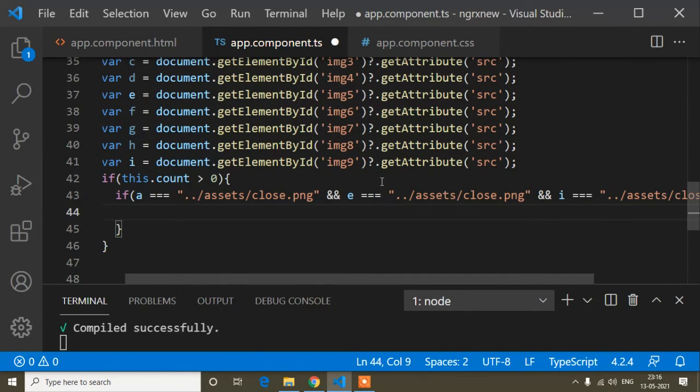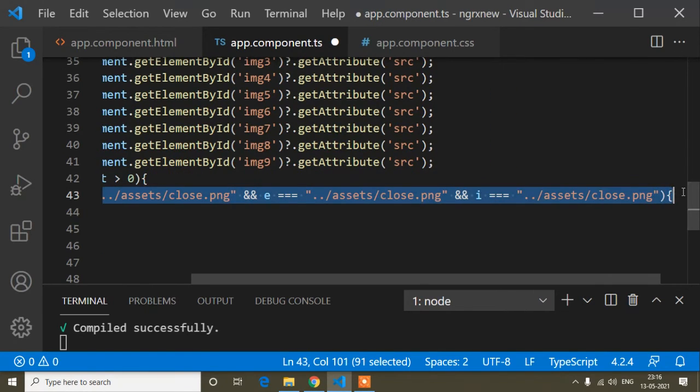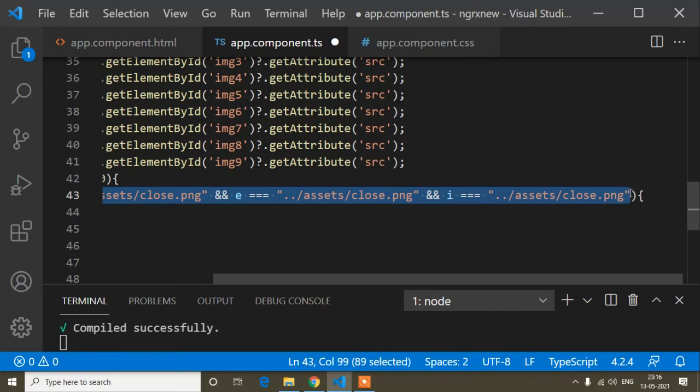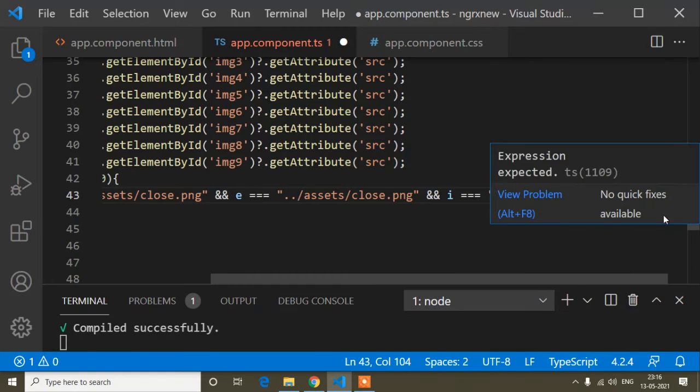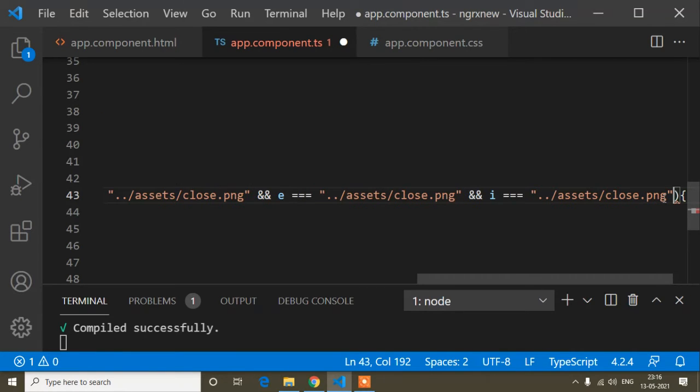So first of all I have checked if it's matched by close image or not, and after that it may be 0 also, matched by 0. So now here I have to pass, if it's matched by close icon, or, so this is used for or, it may be 0.